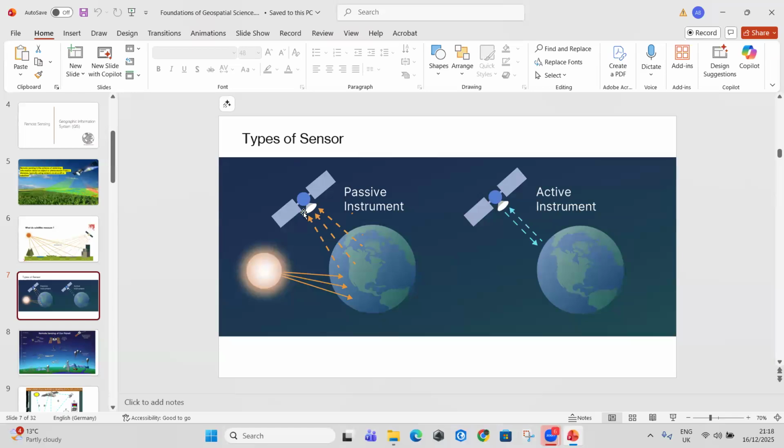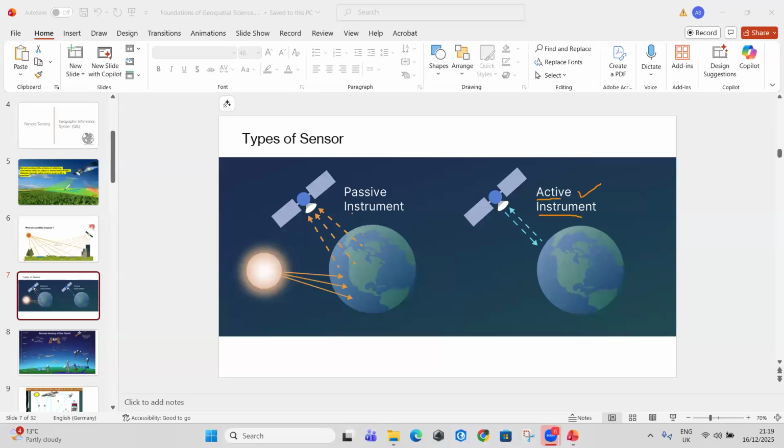For example, if you want to make an observation on earth at night time, do you have the sun's energy available? No. In that case, there are some satellites which can produce their own energy. So for example, it is night time, or maybe it is heavily clouded. We have some instruments that can produce their own energy. Once this own energy goes to the earth and gets reflected back,